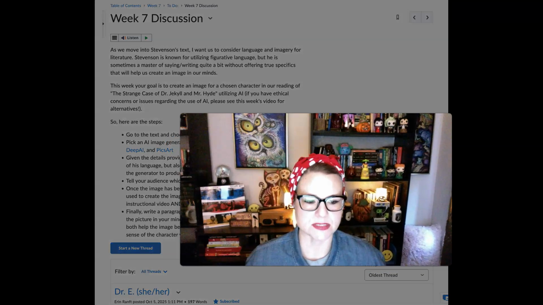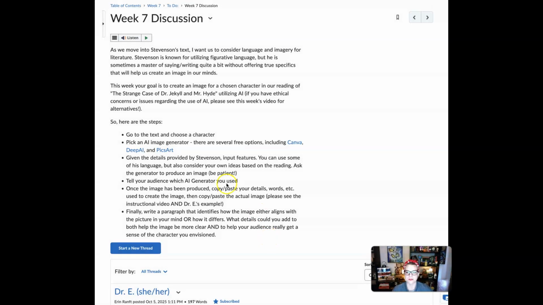Now, most of the time, these free options are going to require that you set up some sort of free account. So you can use your Lone Star email address and create a specific password that you like, because with something like ChatGPT, for something quick, you don't necessarily need to log in, but for image creation, typically you do need to set up some sort of account, although it is free.